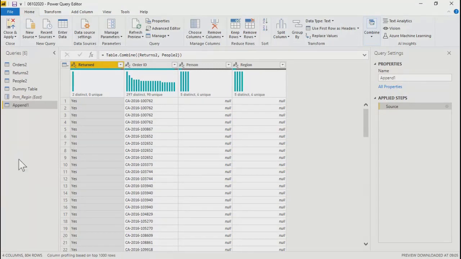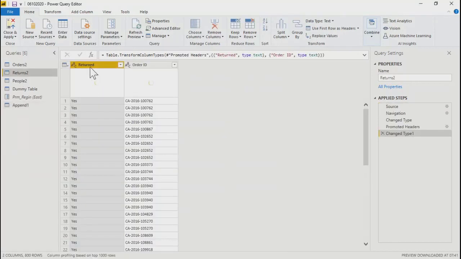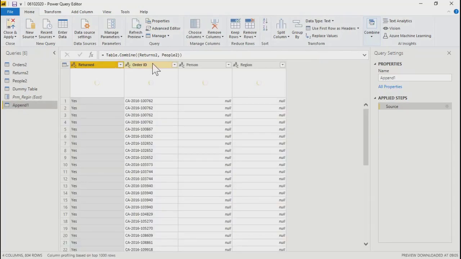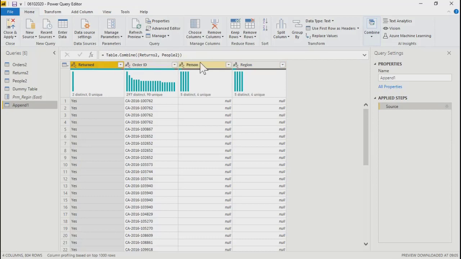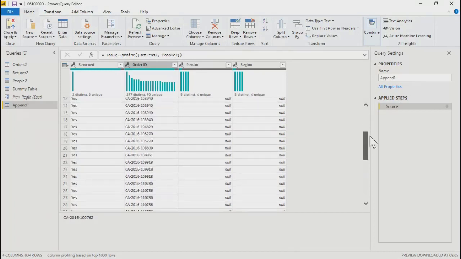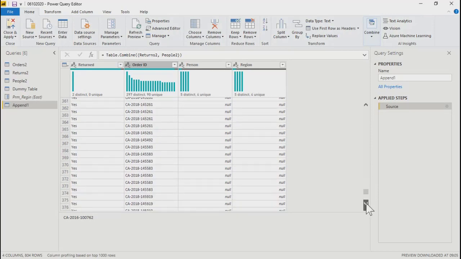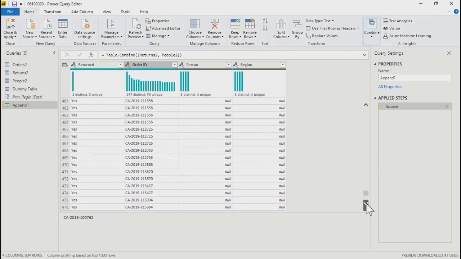In this scenario, what happened? My first table, returns, has order ID. The people table had person and region. So that's why in append, it has created 4 columns, because those columns were not matching. And wherever there were values, it is showing the value. If the value was not there, it is showing you the nulls. If you go down, I believe you will get 4 records with the values in the last 2 columns and nulls in the first 2 columns.